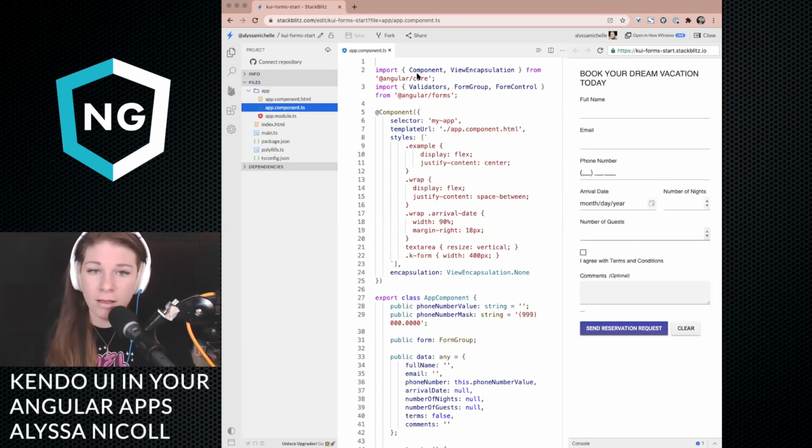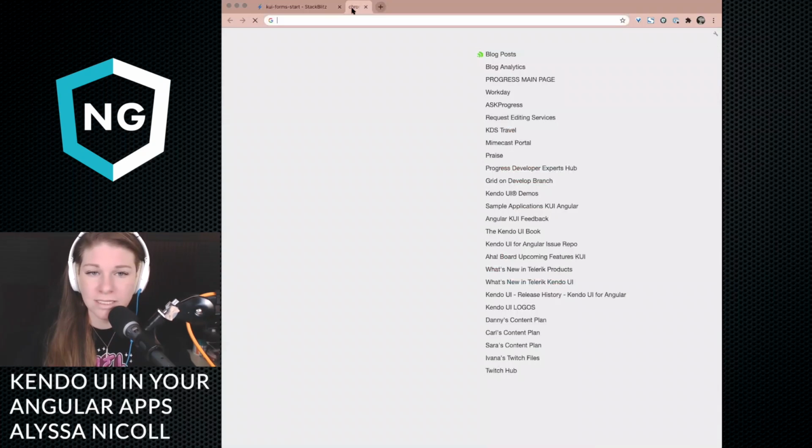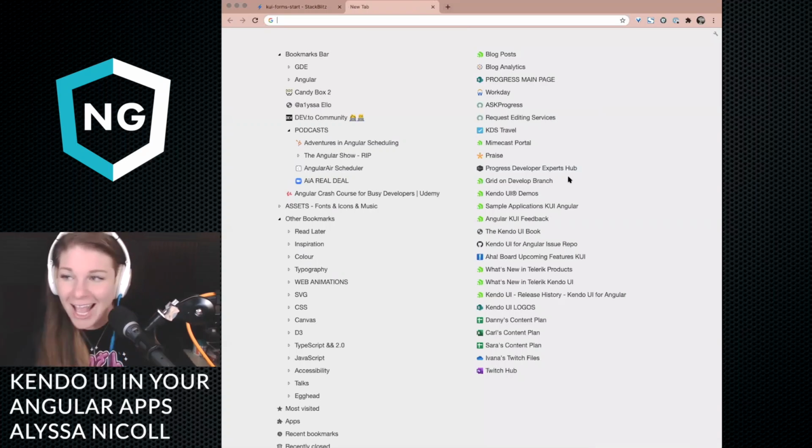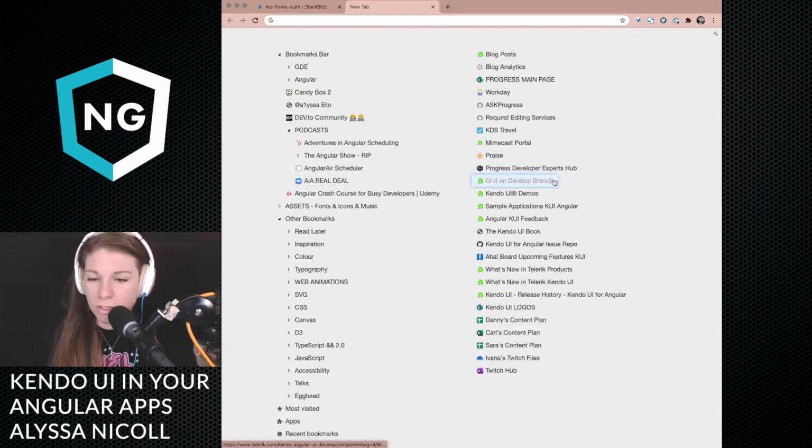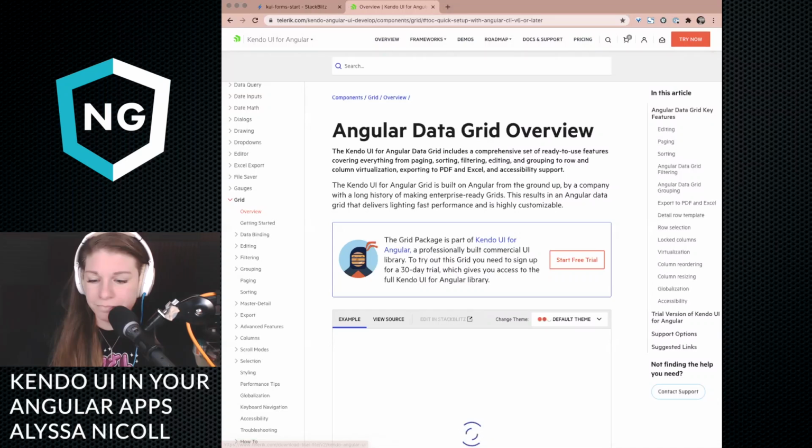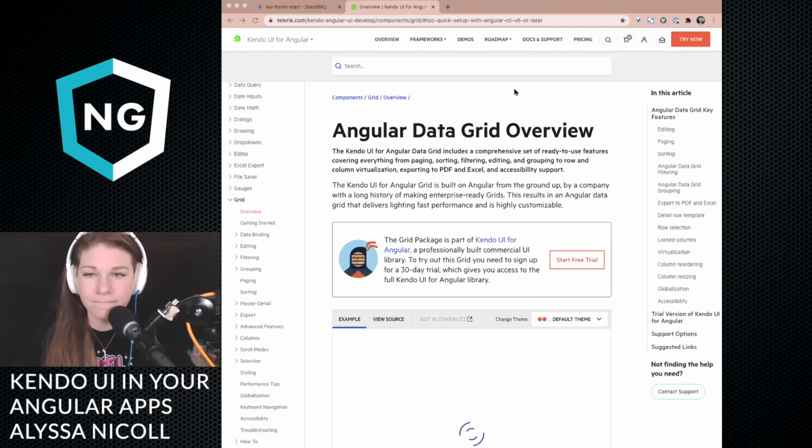Alrighty. So here is the gorgeousness itself. This is from our forms guide, and I'm actually going to take you on a journey. So if we go to Grid on Development branch, I'm going to grab this link for you because this is a shortcut link to our grid, which we're not talking about at this moment of our lives.